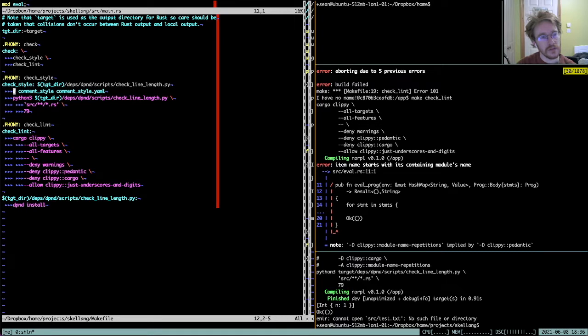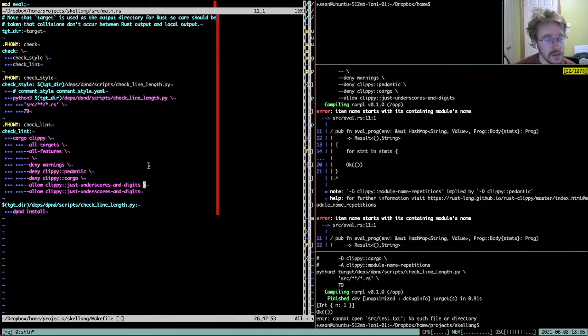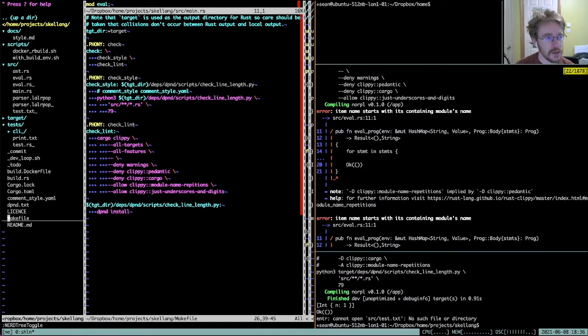Oh, probably because of the make file having, or just a couple of files having commented out stuff. What I could do is, for the moment, just so I can forget about this issue for the moment, I can allow module name repetitions, and what I want to do then